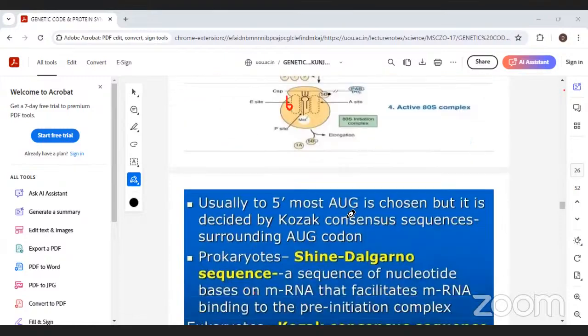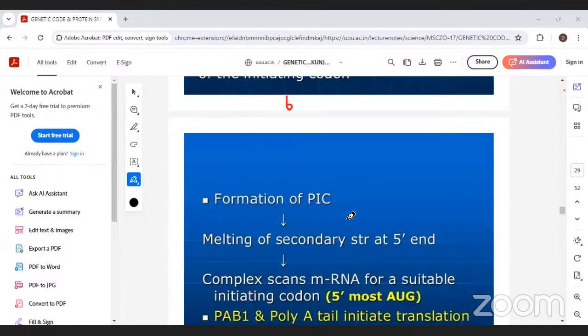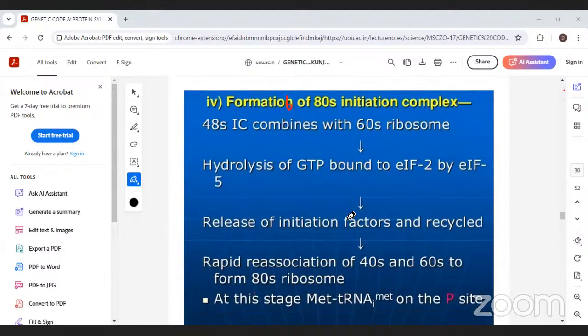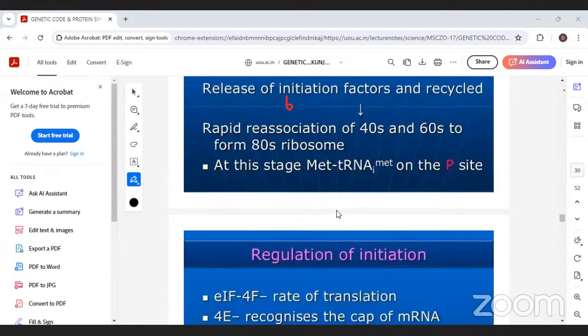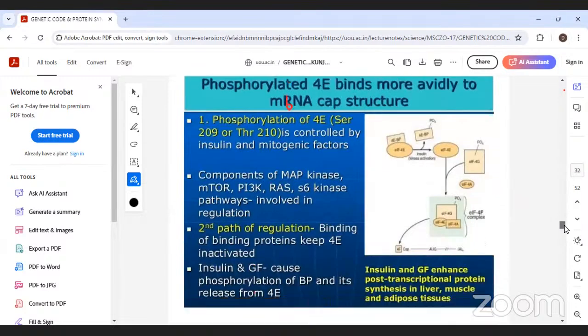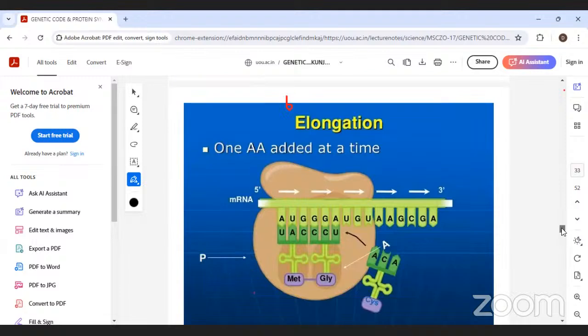I will explain the elongation. Elongation of polypeptide chains: the elongation of the polypeptide chain begins with the arrival of a new amino acyl